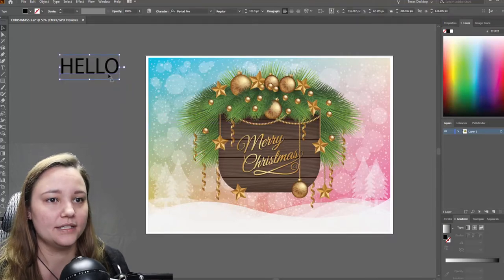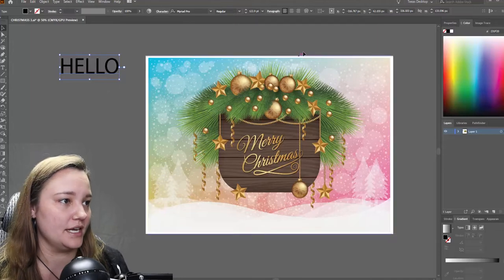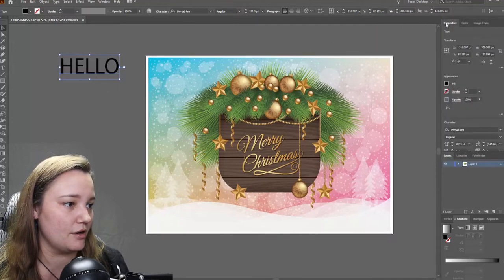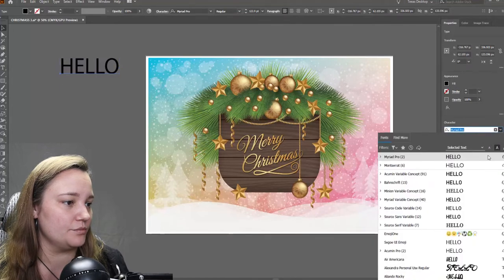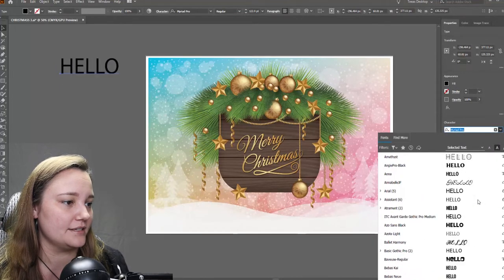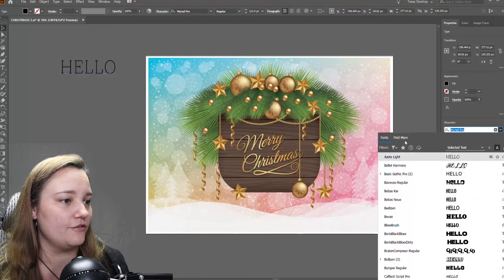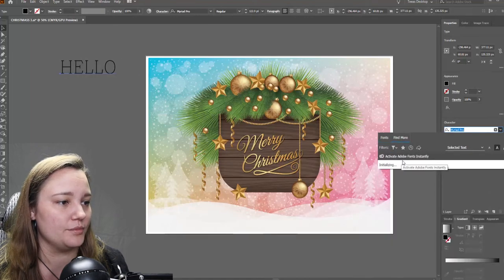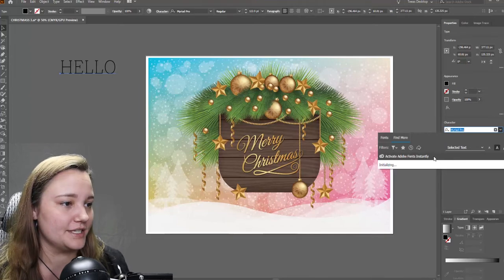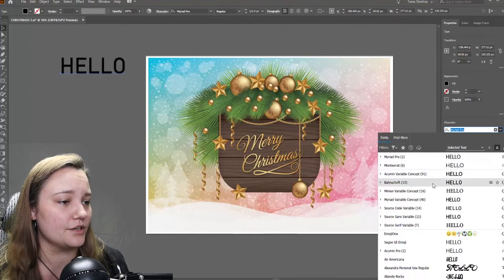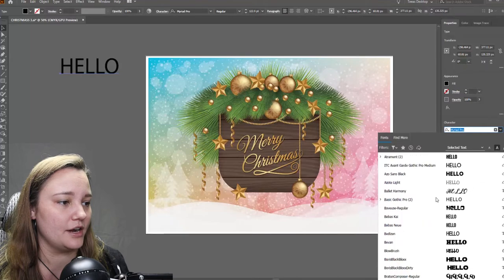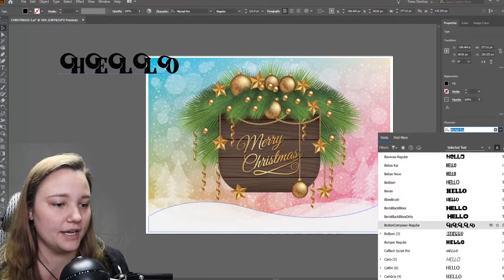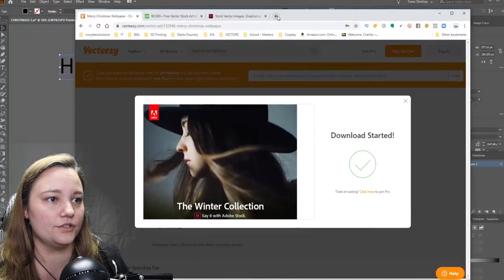With your text, you can change your text if you go over to the properties bar here, and underneath character you'll see multiple different kinds of text you can get. You can also find more through Adobe Fonts. I do not have mine set up, obviously. So typically I will just go on here and use what's in here. Otherwise, you can go to